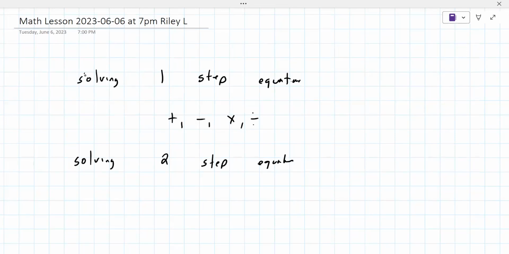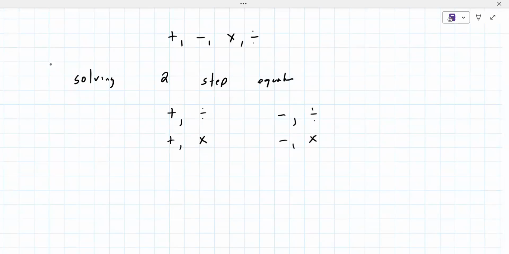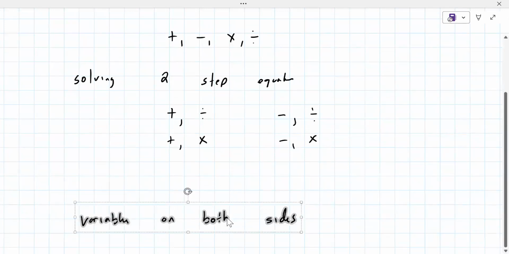And that meant you would add and then divide, or add and then multiply, or subtract and then divide, subtract and then multiply. Okay. And then we kind of looked at variables on both sides. Okay. And really what we're doing now, and that's where we're going, is everything we're about to do is classified